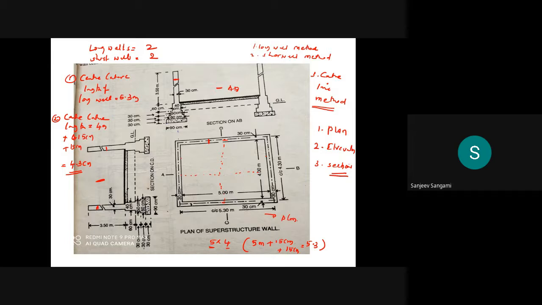So at the base they have excavated, so the excavation is up to the ground level. You can see here they have written ground level. This is very important. Up to here it is the ground level, very important. For calculation this is also very important. Then how exactly the plinth area can be calculated, that also you have to see.